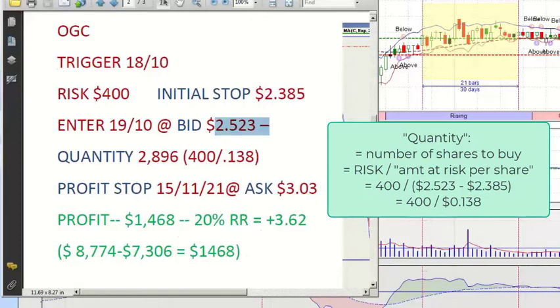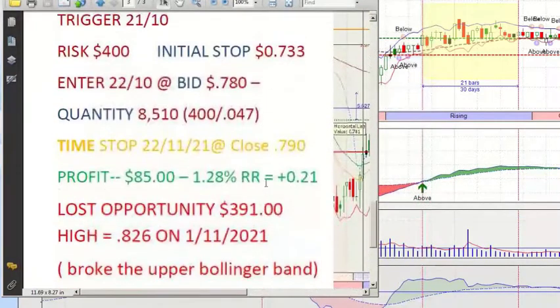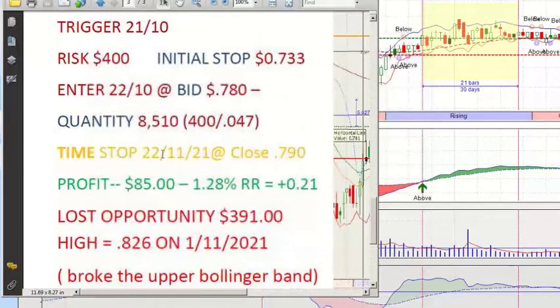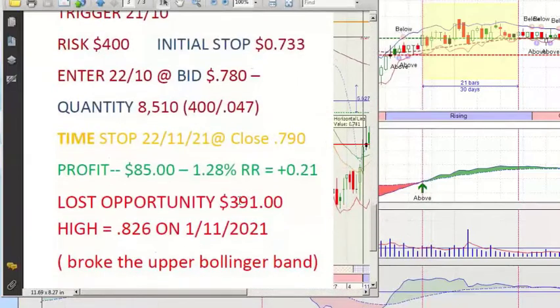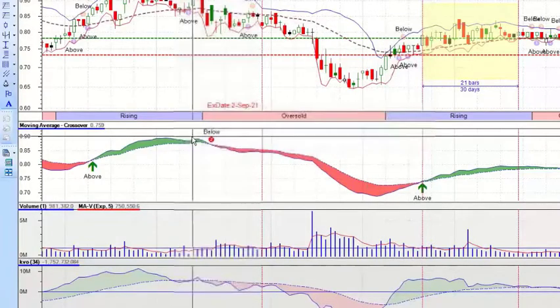I'm going to go to the chart there in a moment. And then I had a less successful one, which really went nowhere. I got in, and you'll see when I run the charts, it just basically stalled. There was an opportunity to get out had I been trading it when it penetrated the upper Bollinger Band, but it actually got taken out in the back tester under the time stop that I have, which I think in this particular strategy is about a 21 bar time stop. So I'm just going to close that now.